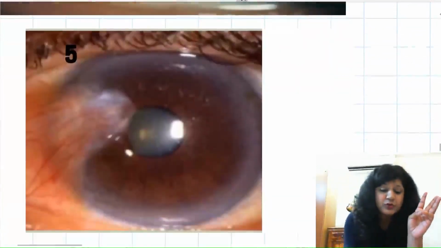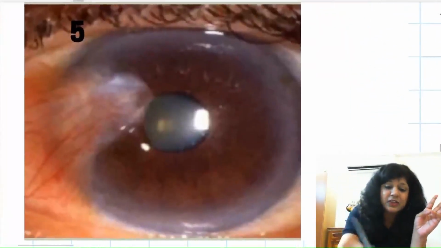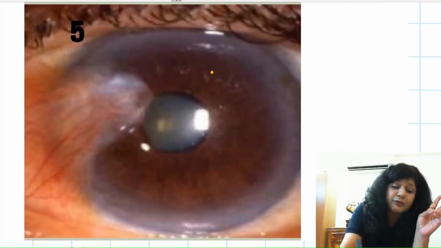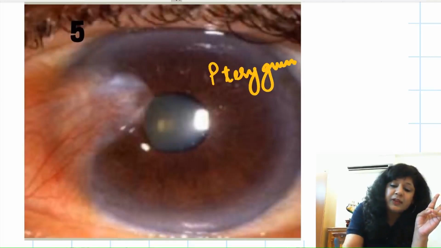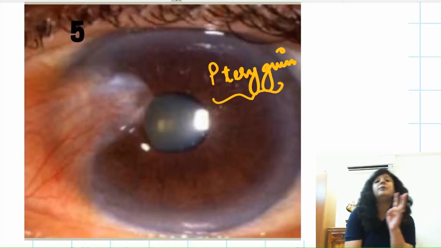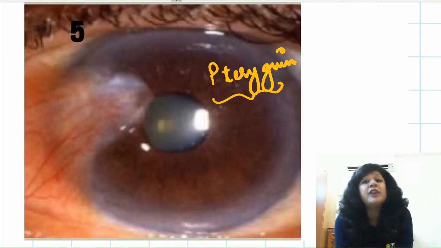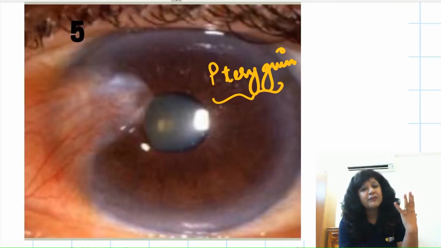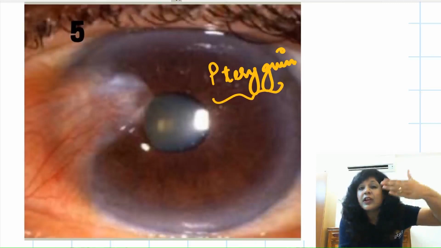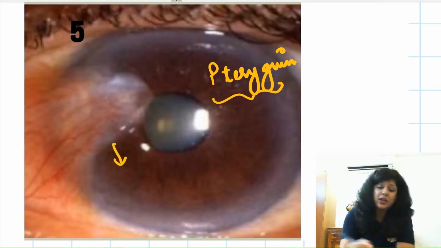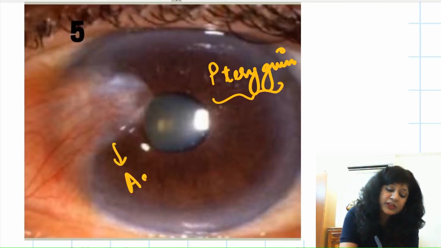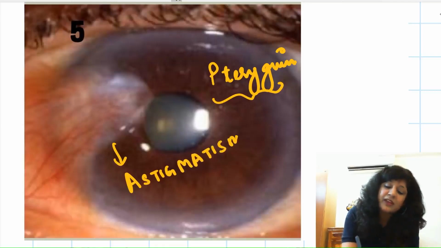While if you look to the other thing, this is a pterygium. Now what is the difference between the pinguecula and the pterygium? The word pterygium is formed from the word pterygos, wing shape. So here we have a wing shaped fold of conjunctiva which is encroaching the cornea. So it is pressing the cornea. Due to this, it can lead to a problem called astigmatism. This is again a very, very important thing.